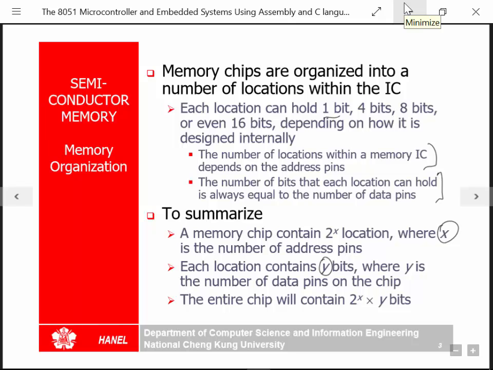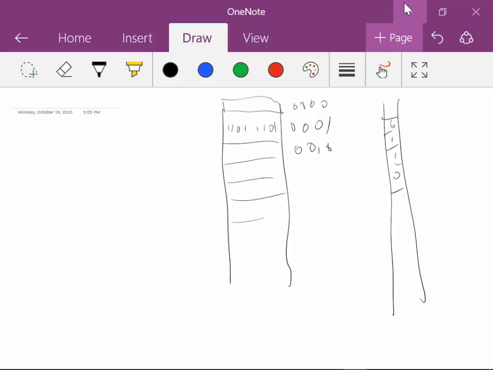Typically, a memory chip will contain 2 to the N locations. So flash memory, and actually a lot of them don't use flash memory, they use non-volatile memory. They have a battery backup on some of them too. What they're saying is the programming erase cycle for flash, an example of that would be about 100,000.